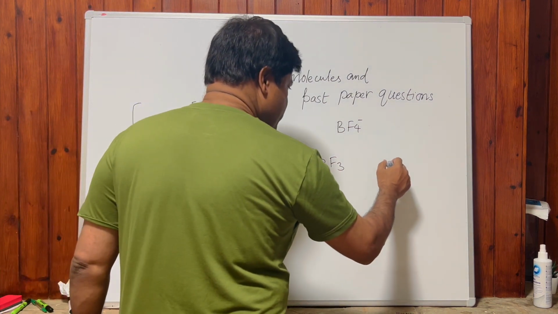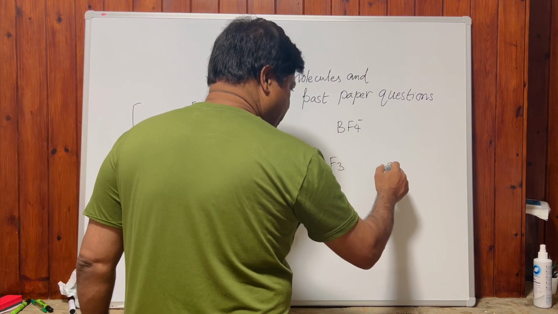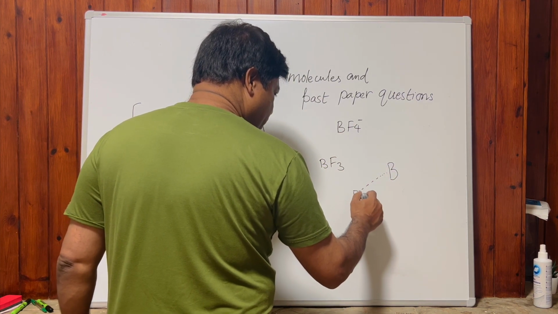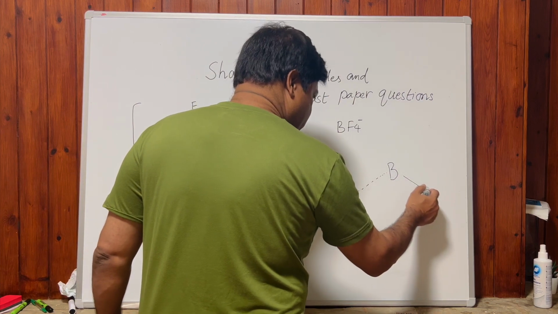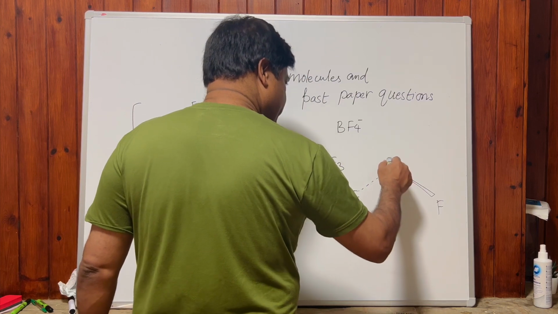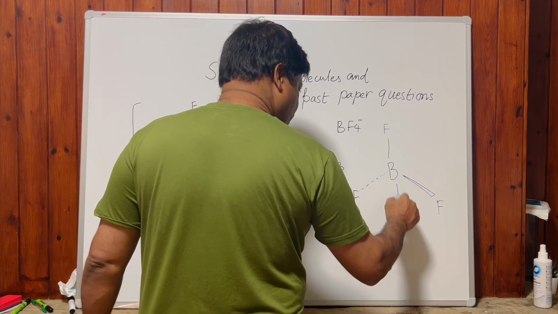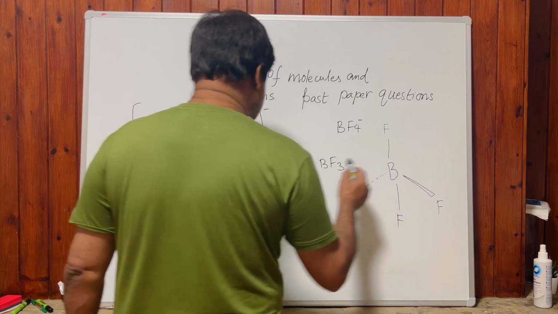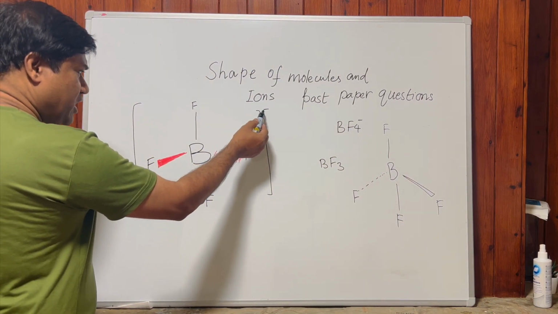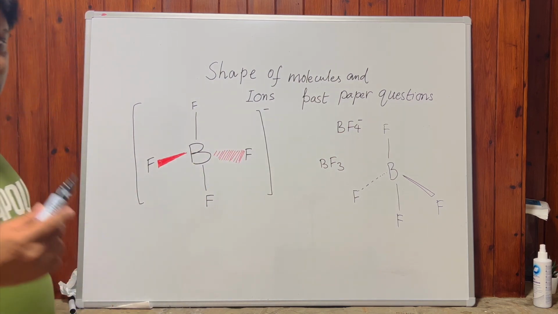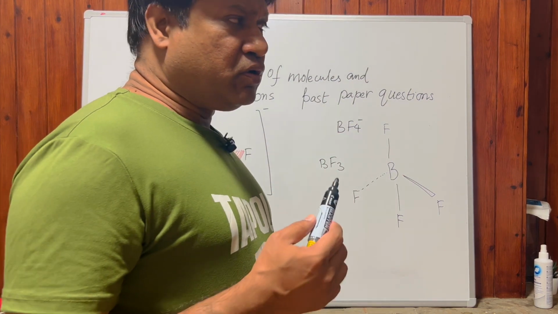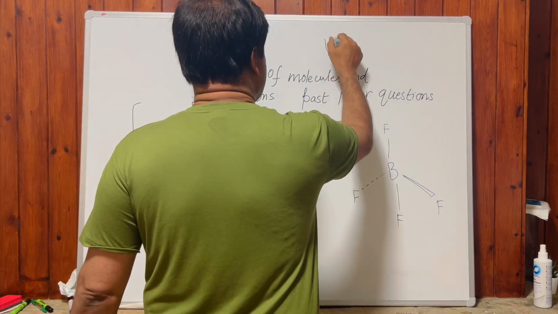Boron has three valence electrons, but here one of the fluorines gives a pair of electrons to boron. Look at that, boron trifluoride, and that's the overall charge, guys. This is the overall charge. This negative charge is not present on the boron, and we discussed the VSEPR theory,